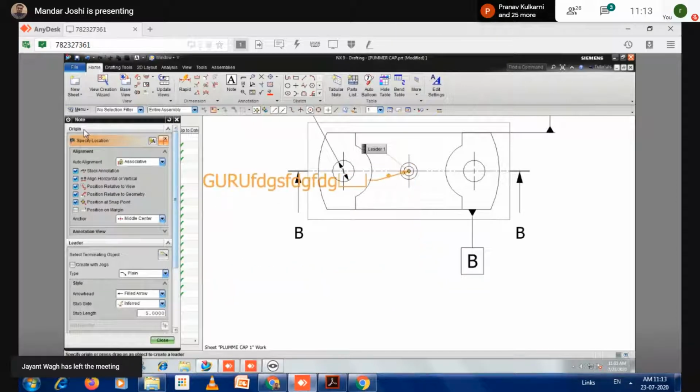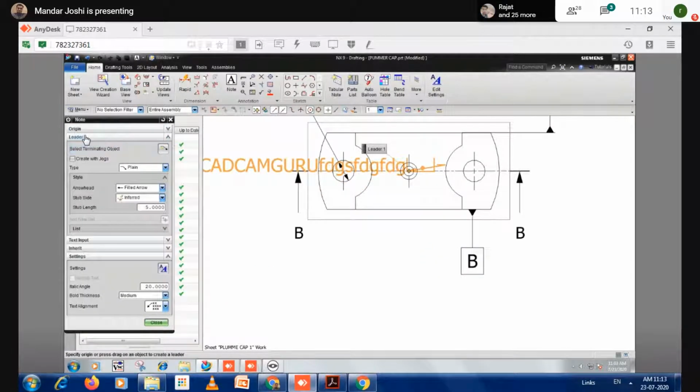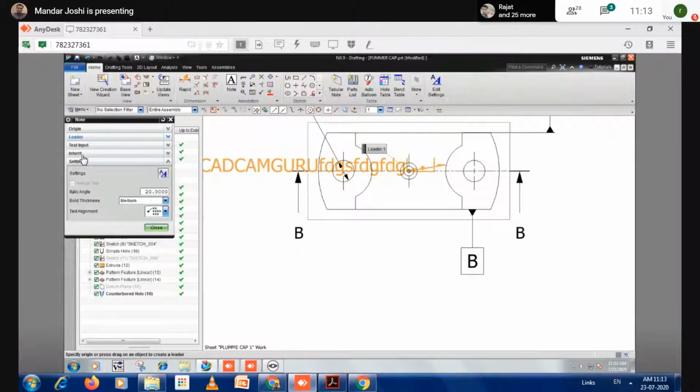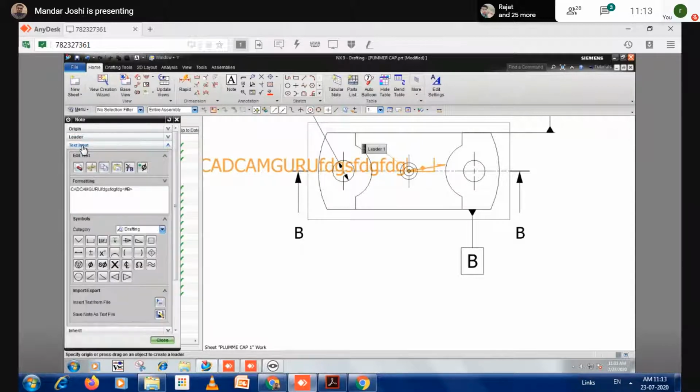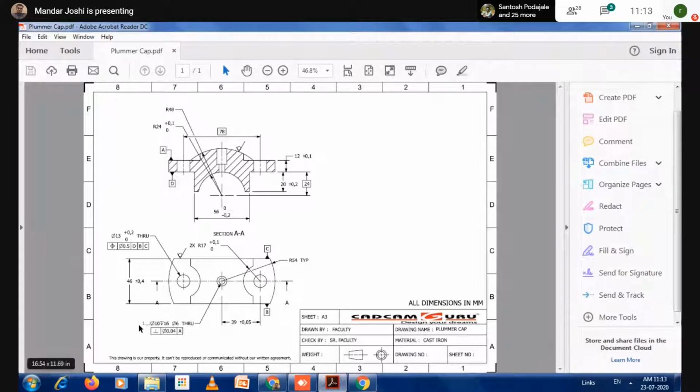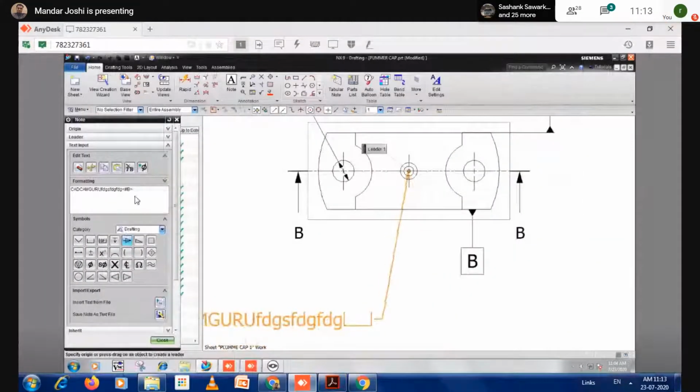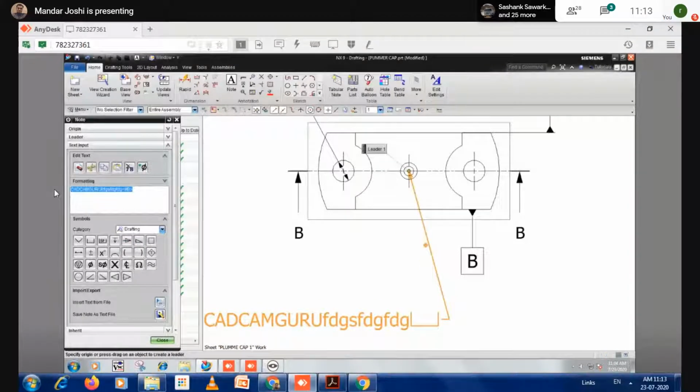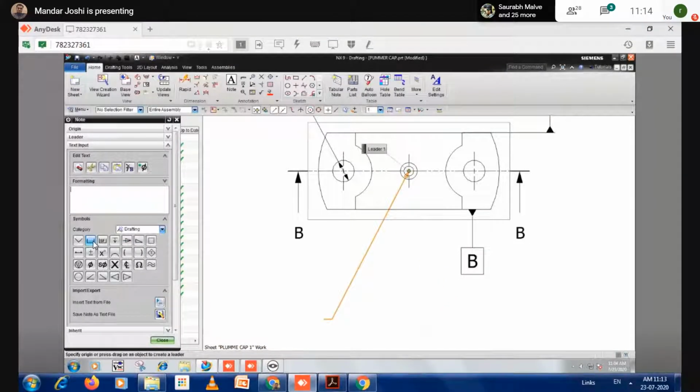After that, next step, text input. What do you have to type? I want to type there the diameter 10. Okay, so I want this. I just delete everything here. First, I need this counterbore. Insert counterbore. Then next step, the diameter symbol. So use the diameter symbol. Enter the value of 10.